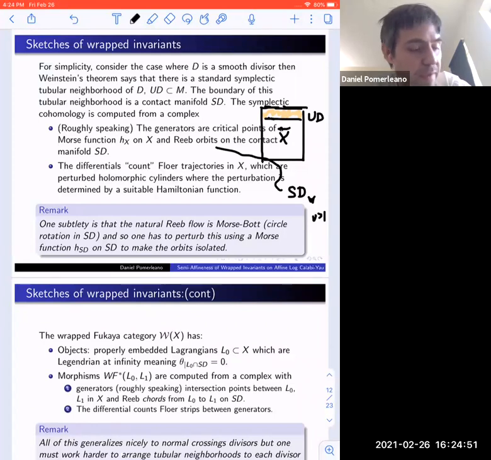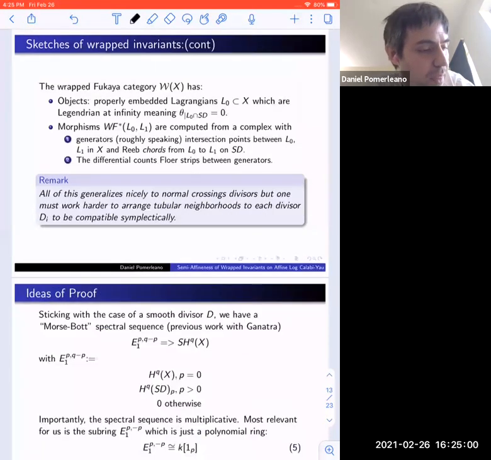That's a basic description of symplectic cohomology. Turning to the wrapped Floer cohomology, the wrapped Fukaya category has objects which are properly embedded Lagrangians, which are Legendrian along this circle bundle boundary. And the morphisms, again, are roughly speaking computed from a complex with two types of